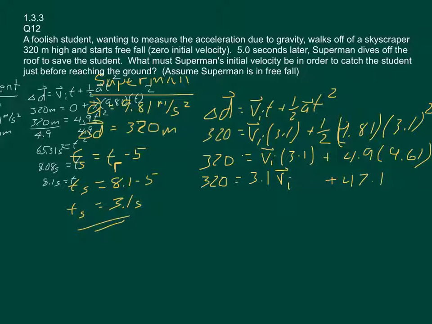Alright, subtract 47.1 from both sides. And we get 320 minus 47.1, 272.9